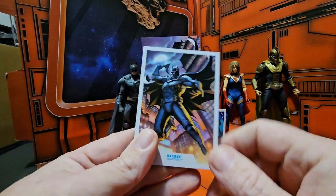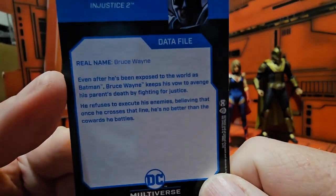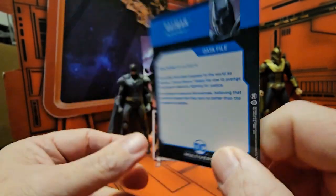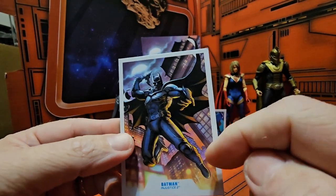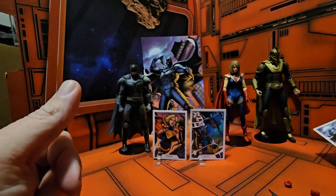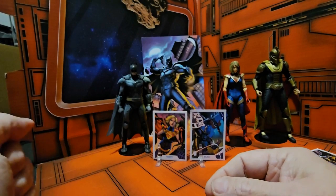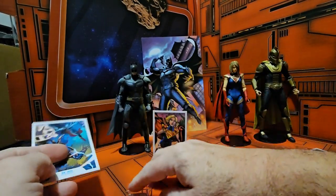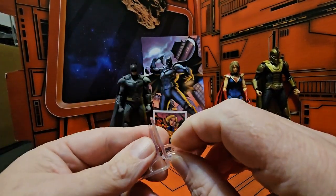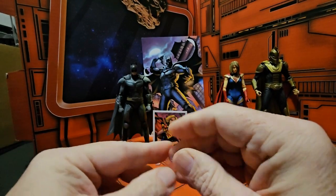But first, we'll go ahead and look at these cards. So here is Batman Injustice 2. Here is the data file. Now, we're going to notice one thing about this figure. We have a light source behind him, and it is reflected in the figure itself. I'll get to that in a moment. The next thing I want to cover is it comes with two little stands, 2 for 3 figures. And these stands they come with are not very functional. Maybe if they would have been just a little bit more tight, they could hold the cards better, but